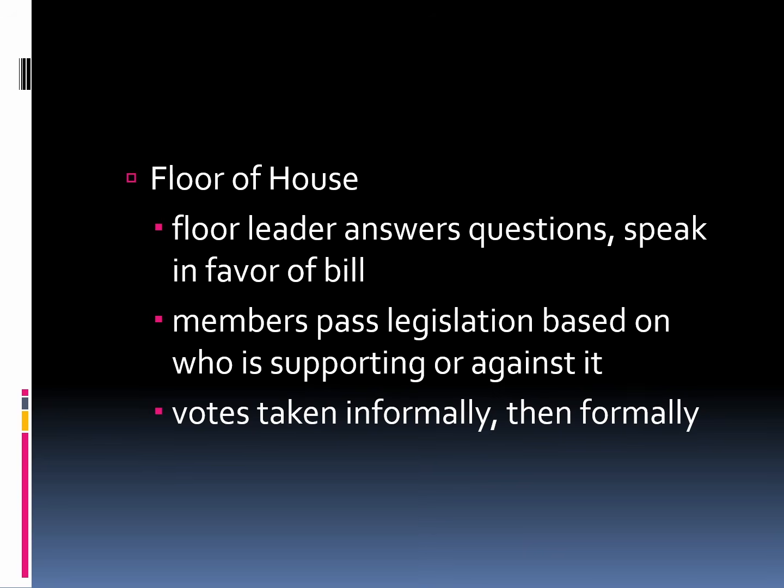In the House, what they'll do is a show of hands. All of those that are in favor of it, raise your hand, and then they'll count the votes. Then they say, okay, well, we have enough votes for it to pass. Then they will take the formal yay or nay vote to record that vote, whether or not it passed. So first, informally, a show of hands, then formally, press that button that says yay or press that button that says nay. That's the floor.